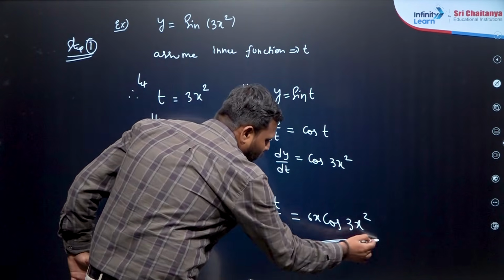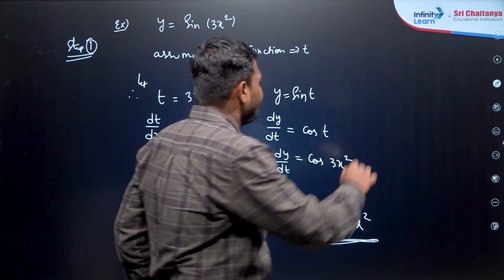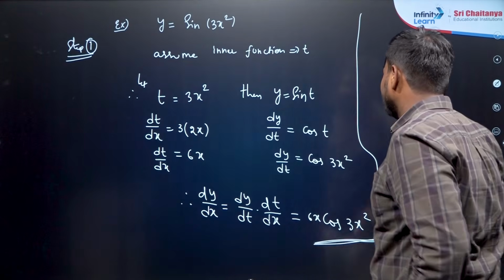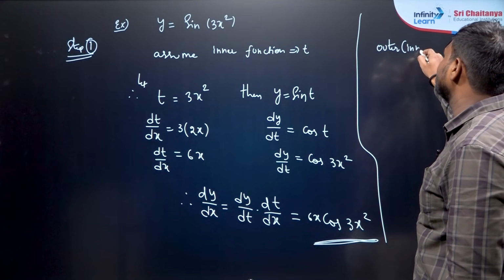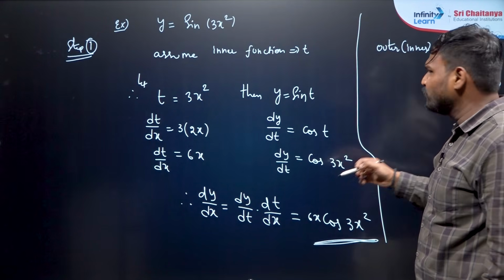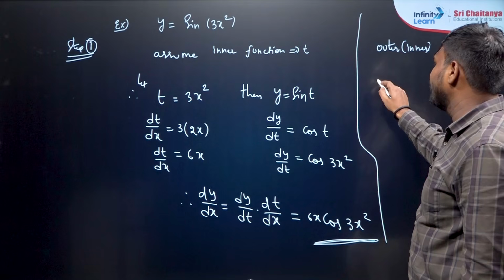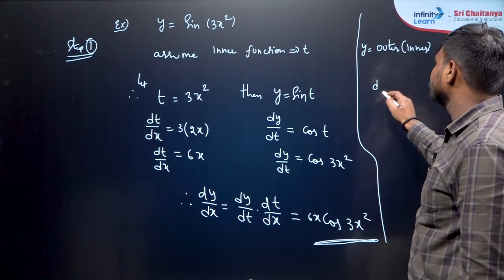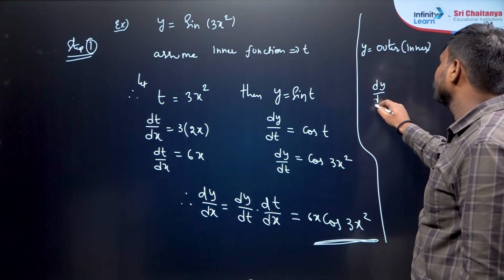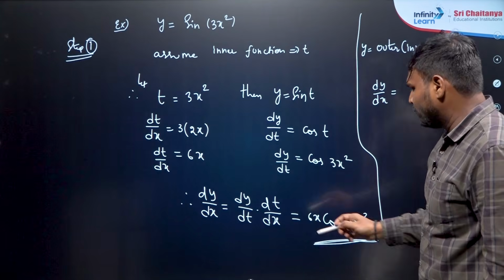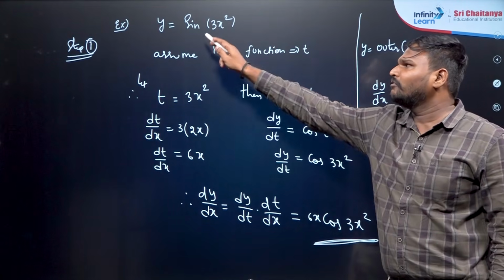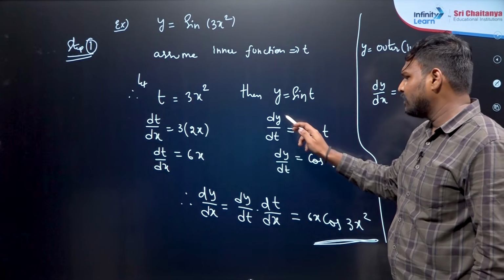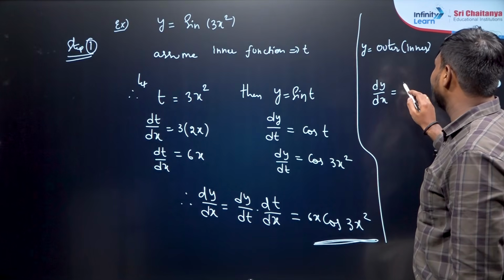So if you look properly, what is the shortcut for this, sir? Whenever an outer function and inner function is there, the derivative would be dy by dt. If y is equal to sin t, sine of something is the outer function, then dy by dt is the derivative of